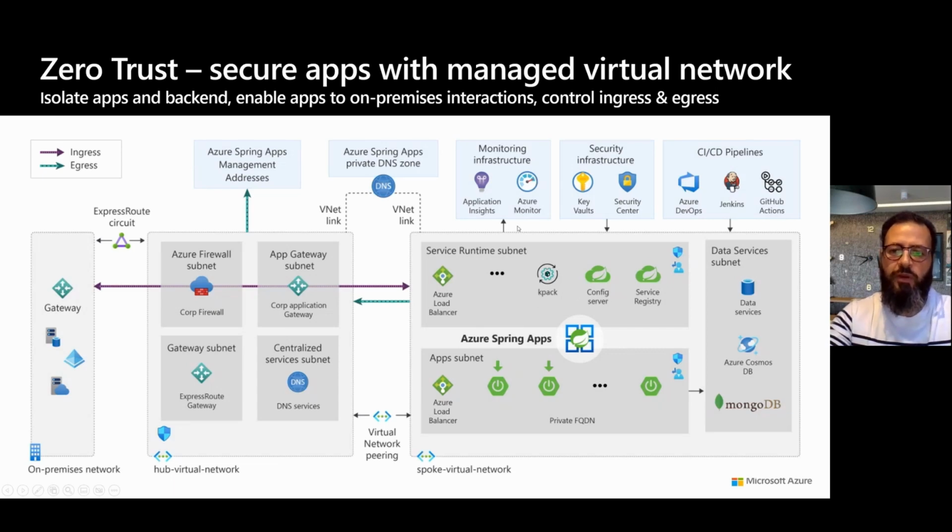You can leverage other Azure services like Application Insights, Key Vault, Microsoft Defender for Cloud, and of course, you can deploy your business applications into your VNet, configuring here a private DNS zone.